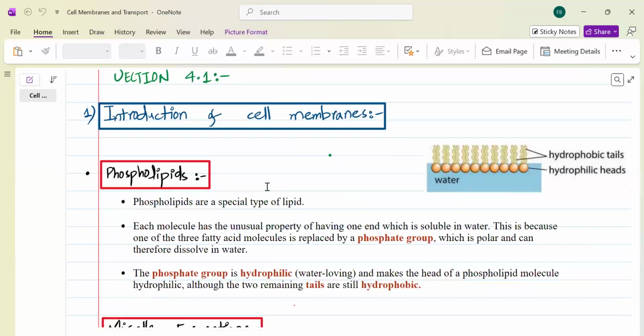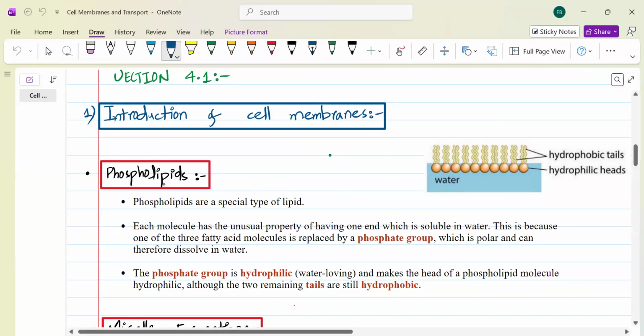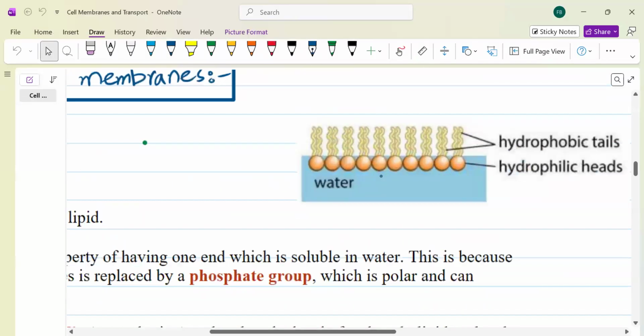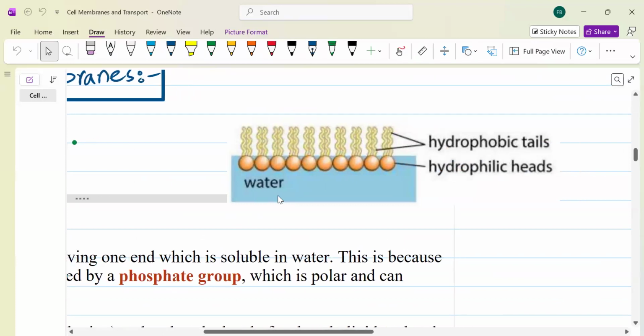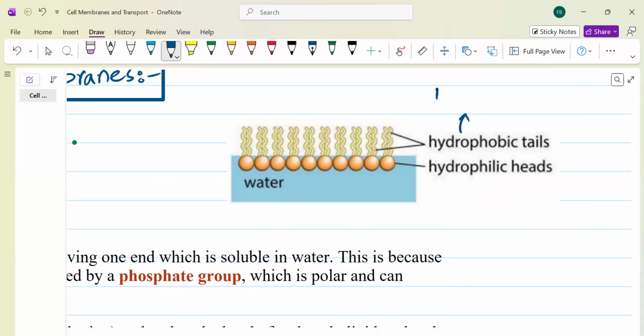Whenever we talk about the cell membrane, there is a discussion about phospholipid, and we have discussed it in detail in chapter number 2, the biological molecules. Phospholipids are lipids, but there is one difference from the other lipids. If you see, this is a phospholipid, and we have discussed that in phospholipid you have a fatty acid tail. This hydrophobic tail is fatty in nature. This is the fatty acid tail,